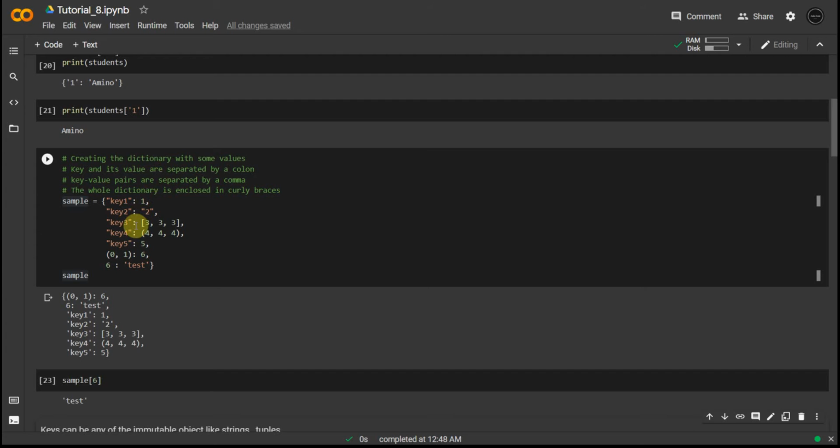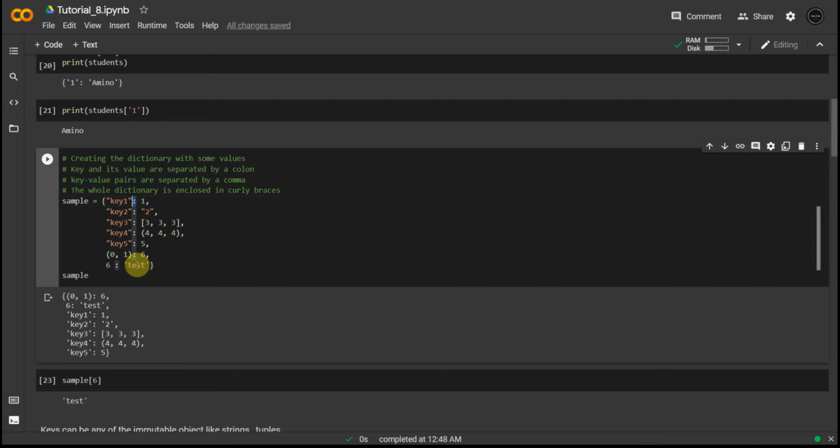Now the rules to define a dictionary. The first thing is that each key and each value has to be separated using a colon, right? You can see that these colons are there. Each key and value are separated by this colon, and this is one pair, one object of key and value.